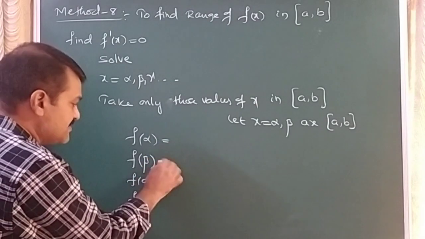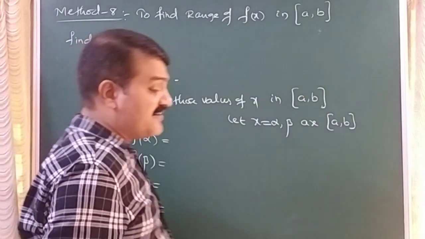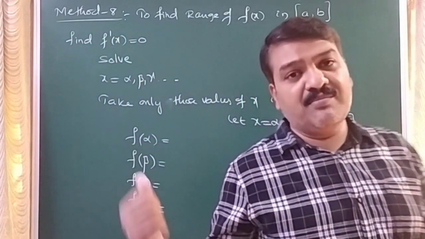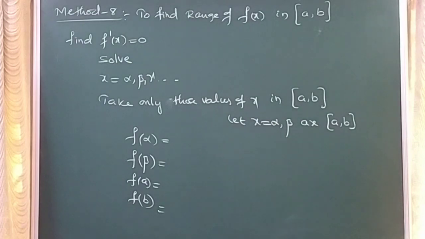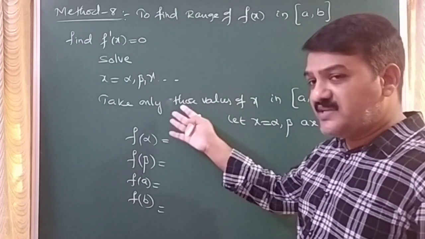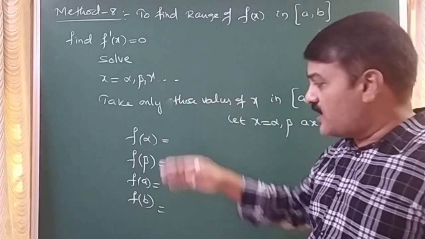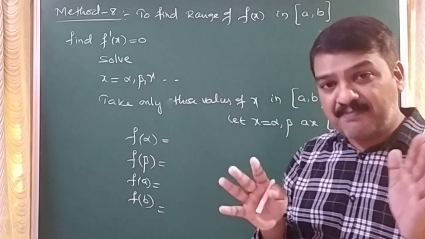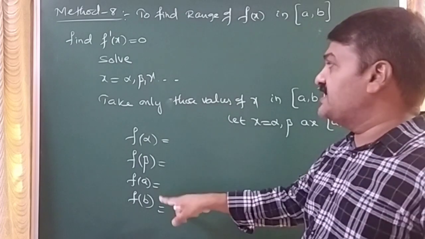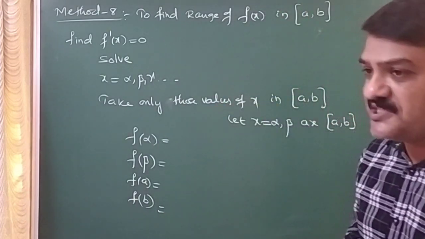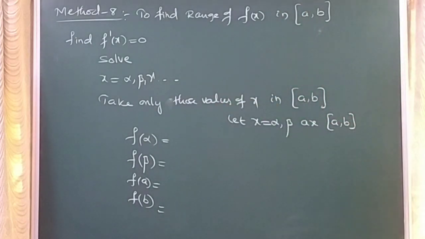Now among these values, you will have the maximum or minimum of f of x. So among these values, whatever is least, that will be the minimum value of the given function. Among these values, whatever is maximum or highest, that will be the maximum of the given function. The procedure is